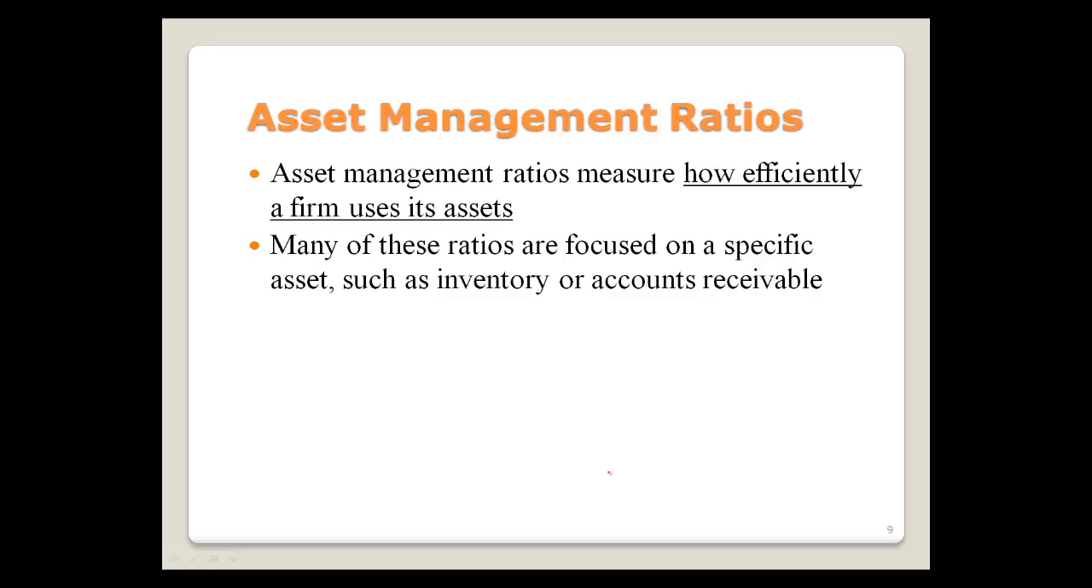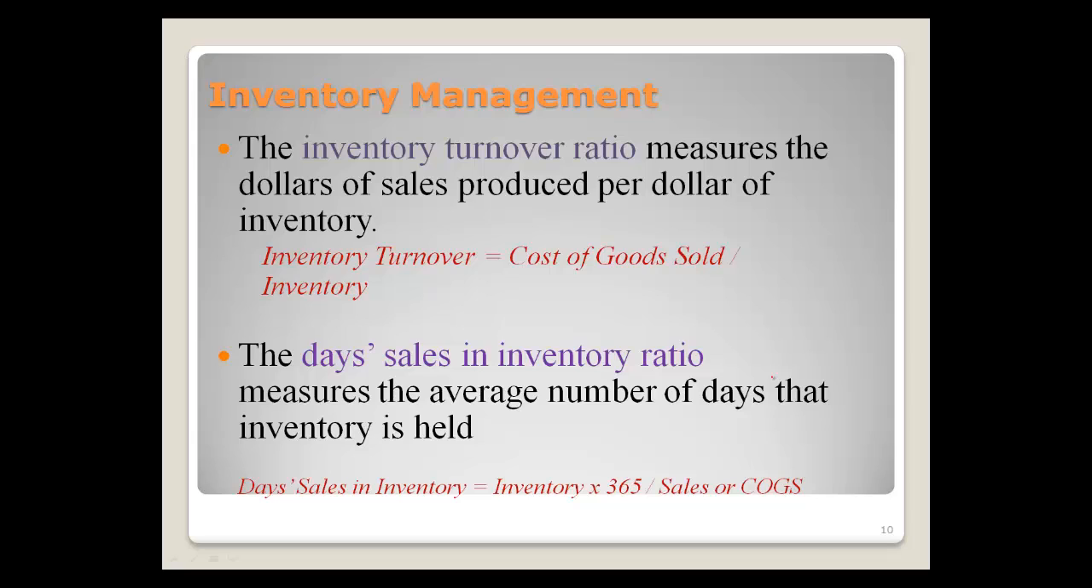Next group of ratios, we are talking about asset management ratios. According to the name, we understand these are the ratios that study how efficiently a company manages or uses its assets. Speaking of the assets, we're talking about different kinds of assets, for example, inventory, accounts receivables, and so we have ratios for each type of asset. If we look at inventory, we have inventory management